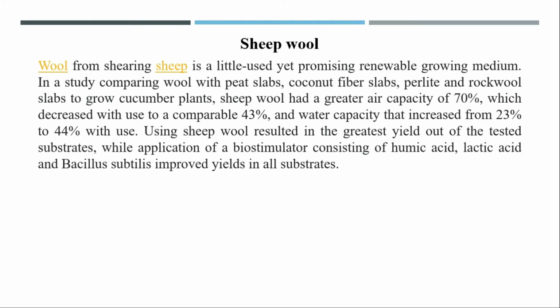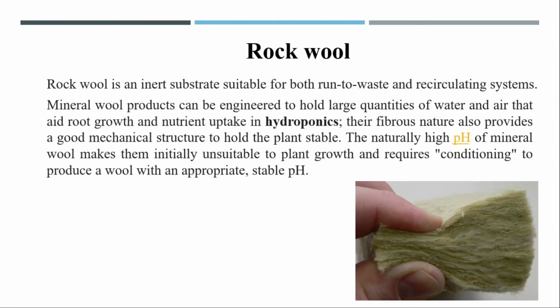Actually the last three things, humic acid, lactic acid and bacillus, are the biotic or PGPR, plant growth promoters, that can enhance the yield, reduce the biotic stresses, and discard and damage the insect pests that can harm the crop. So this depends upon the medium that we have or we can use. Ultimately we need more growth, more yield, and the photosynthesis that is available for the plants. So this is an example of the rock wool.